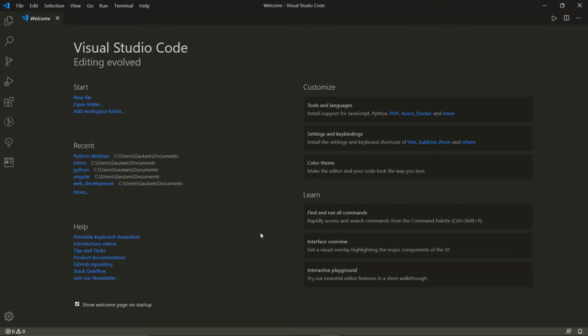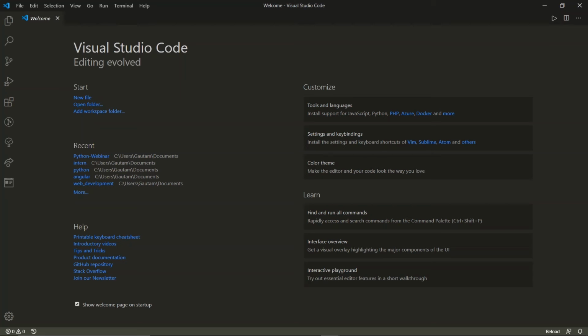In the comment section, let me know whether you know the basics of VS Code, or whether I need to explain from the basics, because operating VS Code is not that easy. You need to understand the basic things in VS Code, then it will be easy for you all. Just let me know in the comment section whether you know how to write code in VS Code. Okay, Sakshi knows. Okay, Soumya, I need to explain. Mahi, I need to explain.